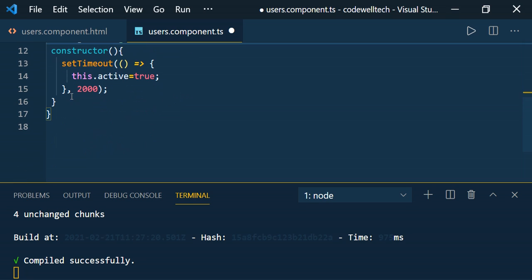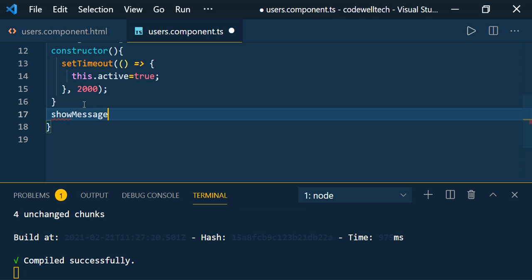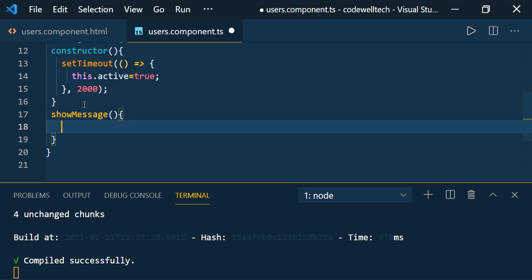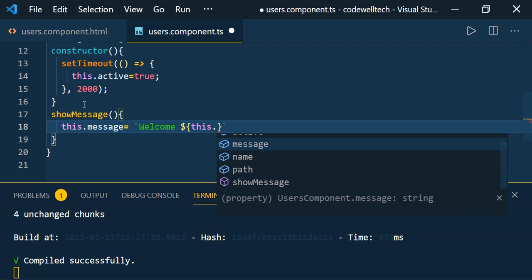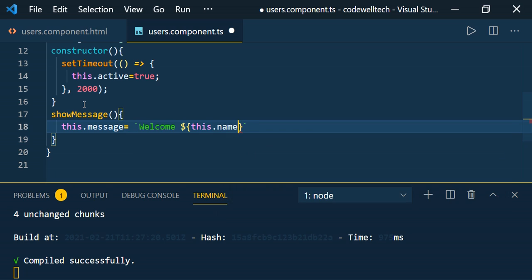Here I am going to create one method called show message, and here I am going to set the value this.message equal to, you can use the ticks like the ES6 way, welcome, and here I am going to mention the name of the user, this.name.